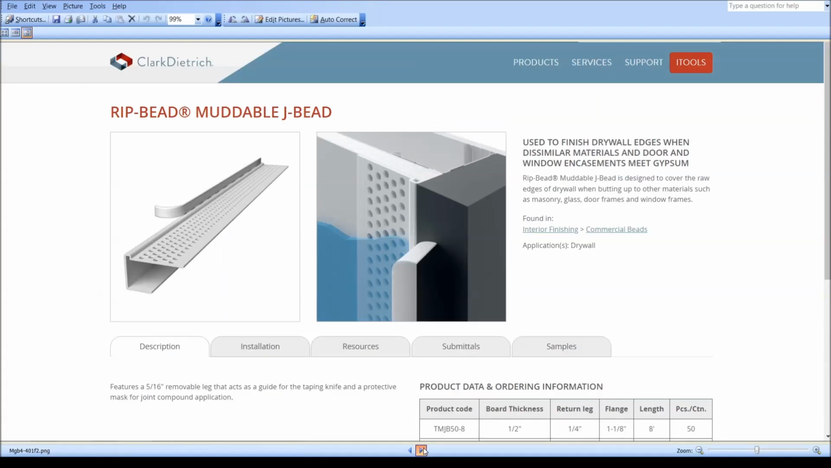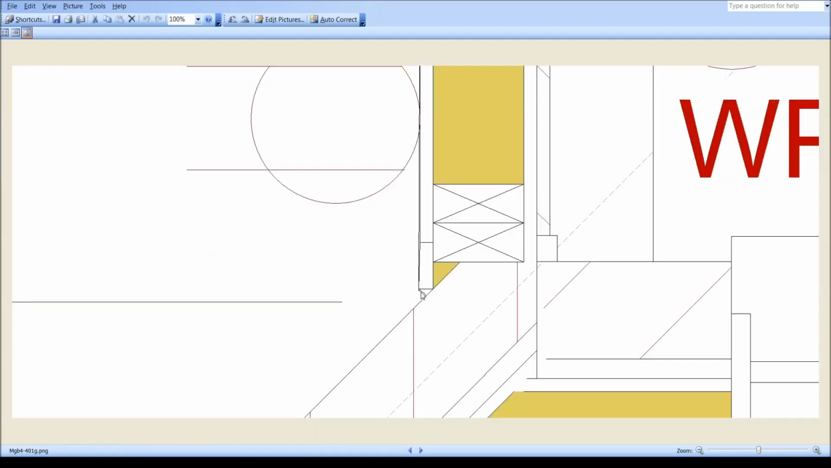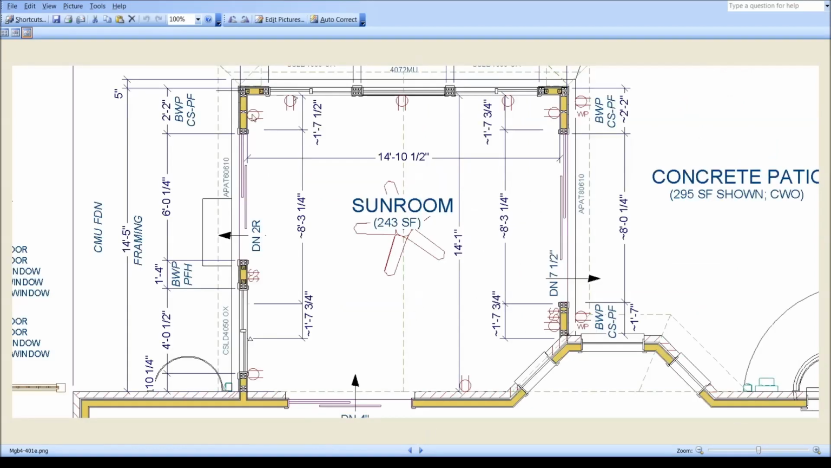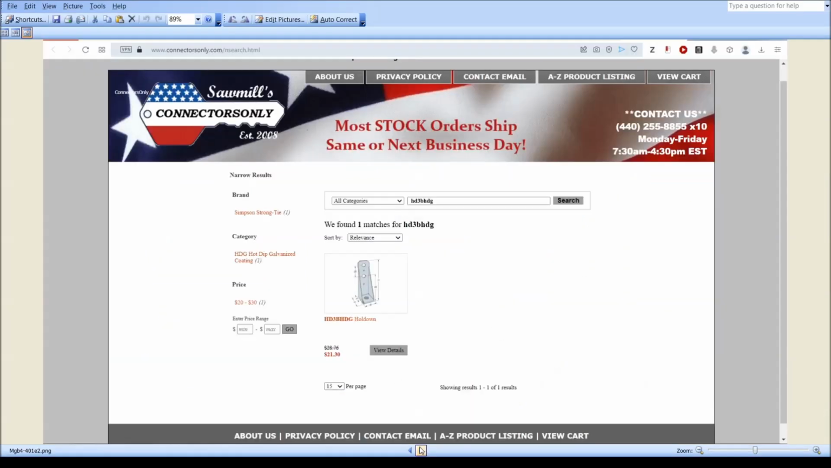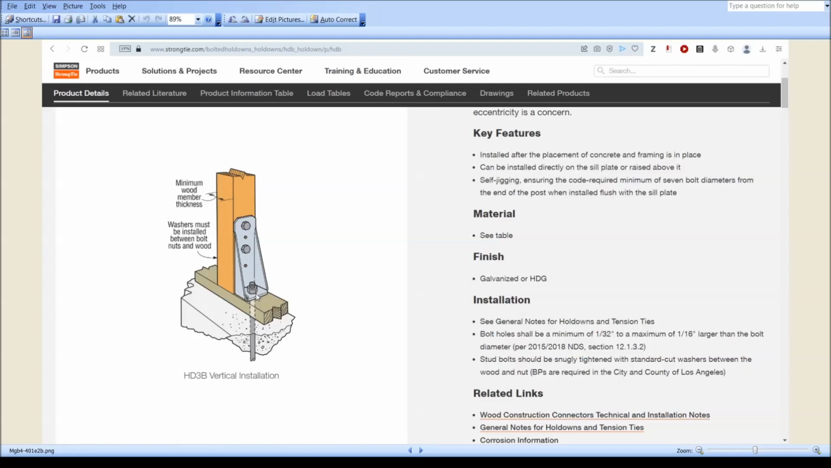There's the mud in J channel right here, and then you could just caulk that. I think that's going to be the neatest and cleanest look at that location. With regard to these required hold downs, 6 of them all together, they require 5/8 anchor